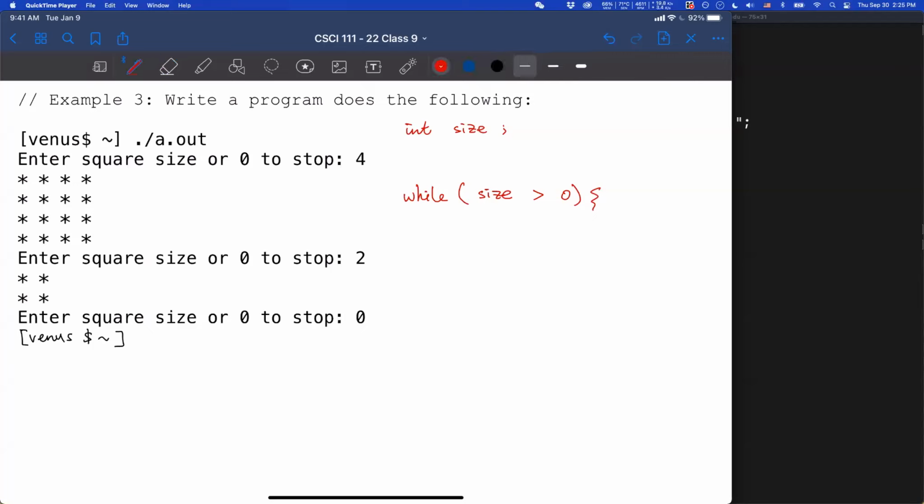And yes, here will be while size is strictly greater than 0. Right? So while size is greater than 0, you can, let's see. You have to read in a value for size above the loop, right? Yeah, so